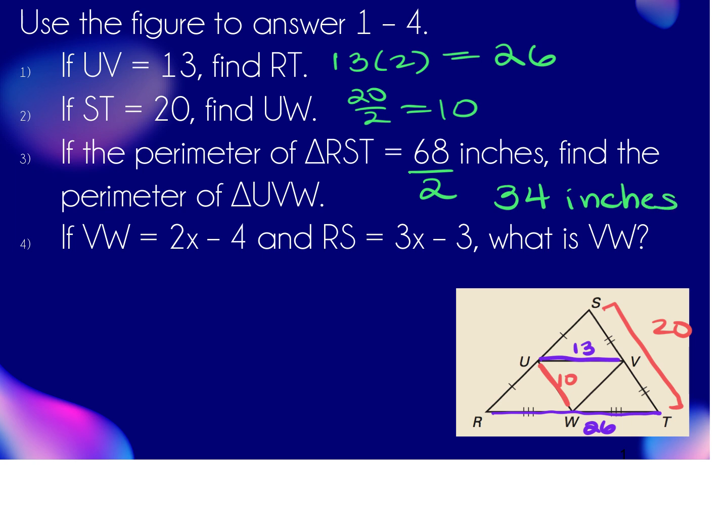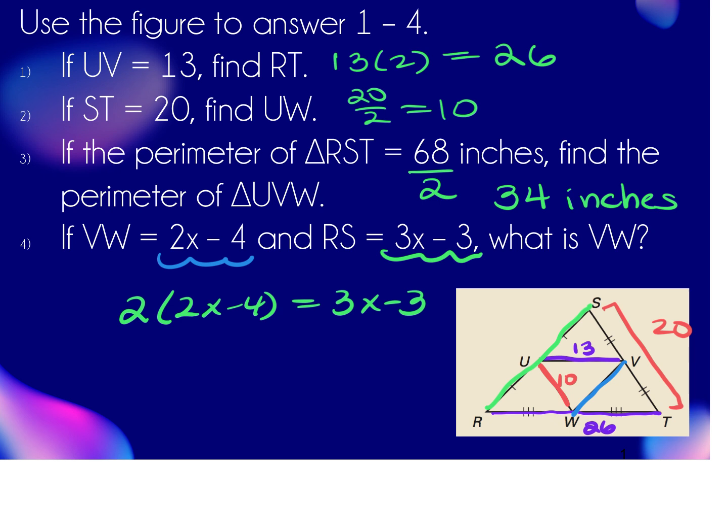And then for the last one on this slide, they're giving me that the length of VW is 2x minus 4. And they're giving me the length of RS, the side of the triangle, to be 3x minus 3. So in order to find the length of VW, I know that it's going to take 2 of the mid-segments to equal the green side of the triangle. So I'm going to take 2 times the mid-segment and set it equal to the side of the triangle. I'm going to distribute,